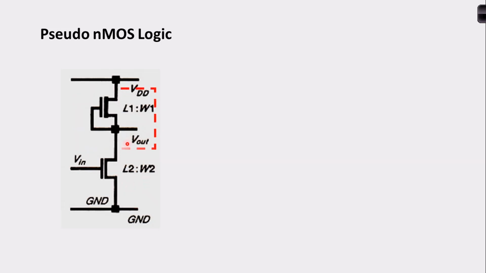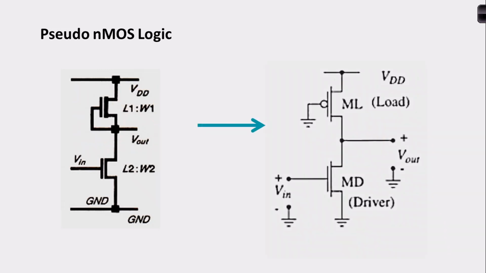Since it is a depletion mode NMOS transistor, this transistor is going to be turned on all the time. So what I can do is make use of a PMOS transistor over here instead of the depletion mode NMOS. So we have come up with this PMOS. If we connect it to ground, this PMOS will be turned on all the time.